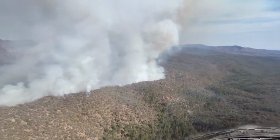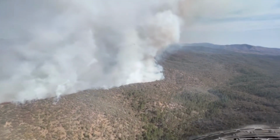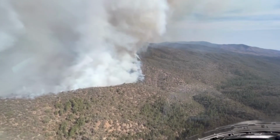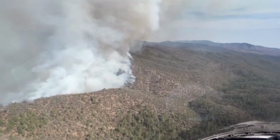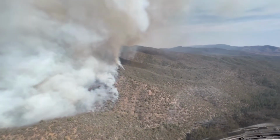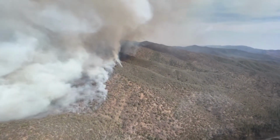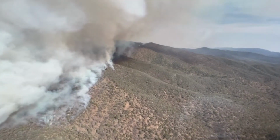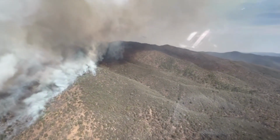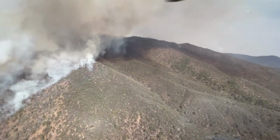Coming up in this large smoke production, that was a large concentration of heavy deadened down fuels, putting up that large amount of smoke. As we turn the corner in Division Alpha, moving towards the east, you can see that the fire is spotting out in front of the main fire's edge. Short distance spotting, usually 50 to 100 feet, but continuing that fire progression towards the south that continued throughout the